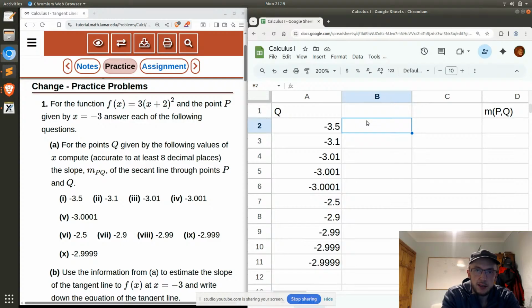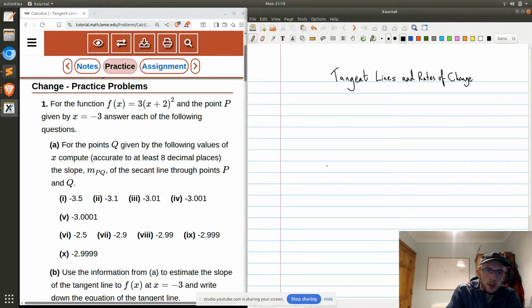So these are the values of x. All right. Let's think it through. For example,